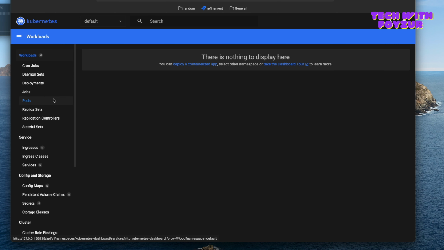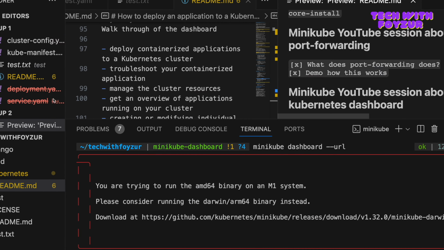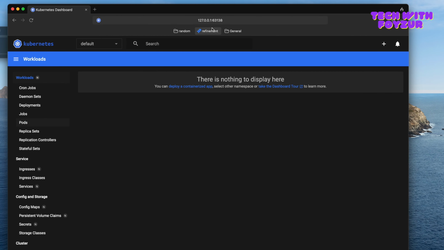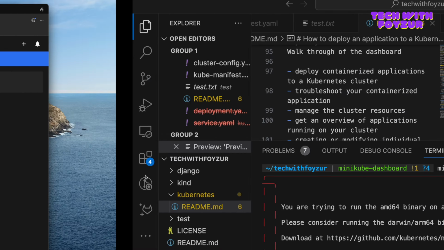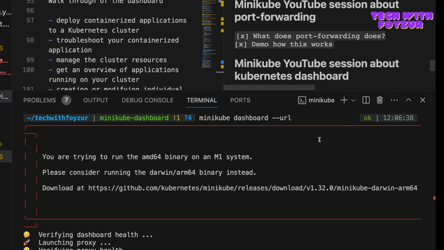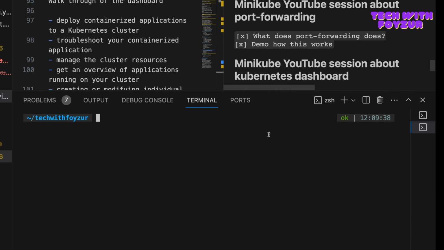So what we have done in our previous videos, don't kill this one. If you kill this one, you are not going to be able to access this dashboard anymore. So I would need one more terminal. I could create one. And if I run this command called kubectl get pods, you would see there is nothing